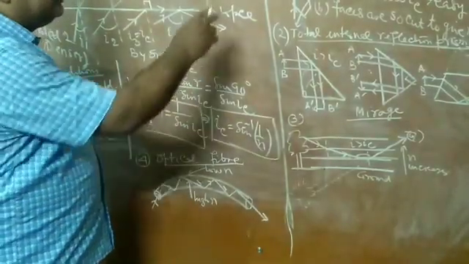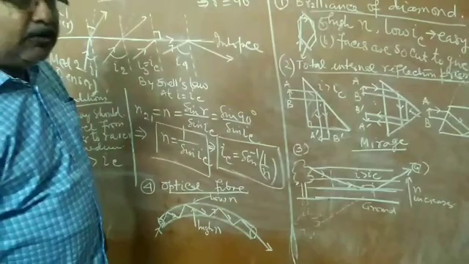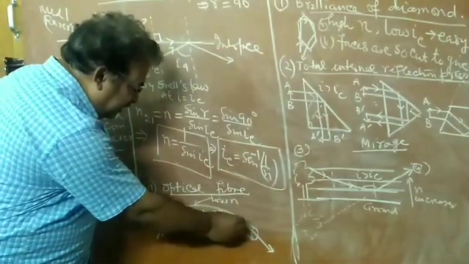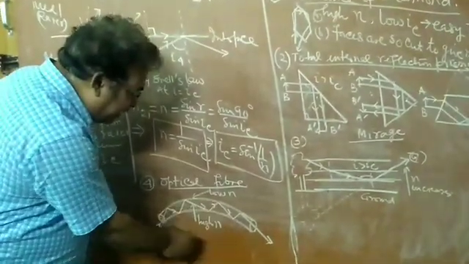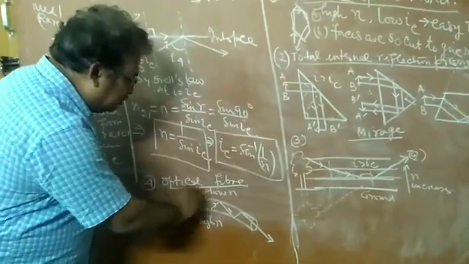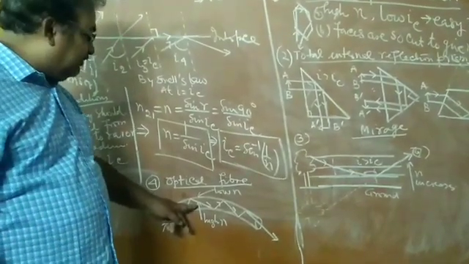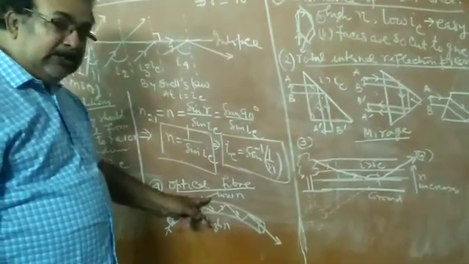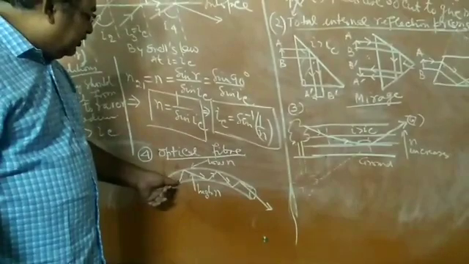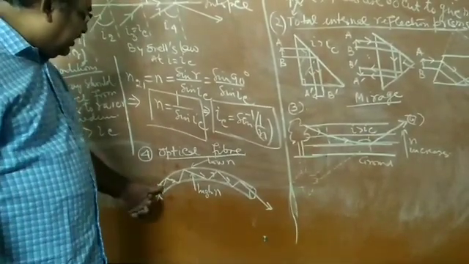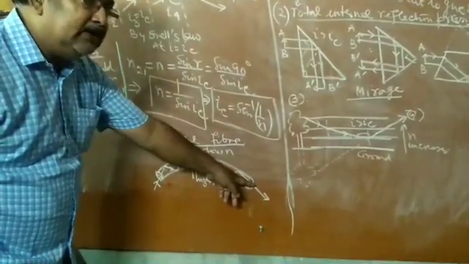Now the fourth application of total internal reflection is the optical fiber, which is a broadband device in communication. This is nothing but a two-layer tiny pipe as shown in the diagram. The inner layer has a high value of refractive index, and the outer layer has a low value of refractive index. The inner layer is, say, made up of quartz, with a high refractive index. The outer layer is transparent polyethylene. Now when a ray enters, it will be totally internally reflected because the condition is satisfied: it is traveling from denser to rarer. So ultimately the ray will come out from the other end.